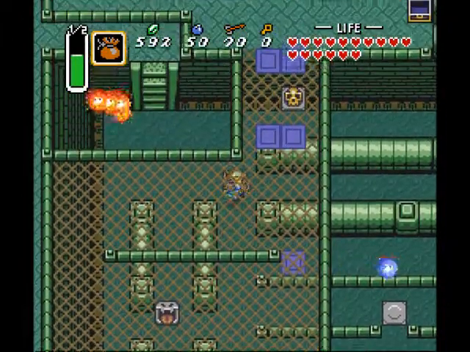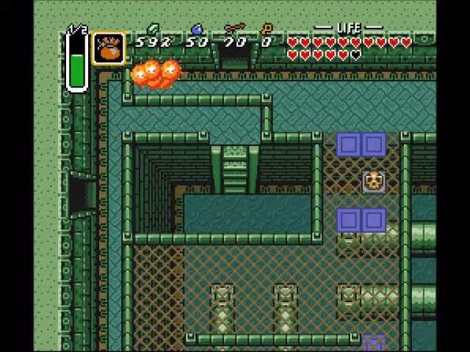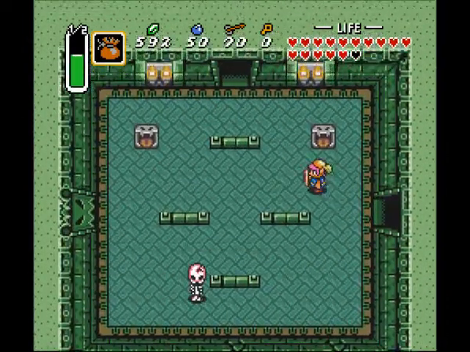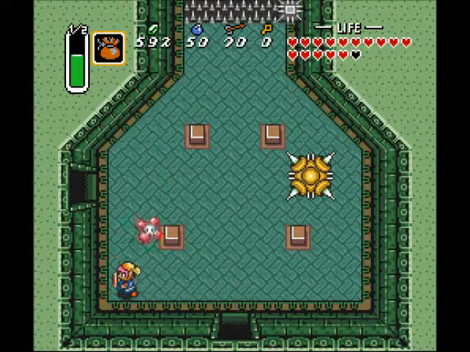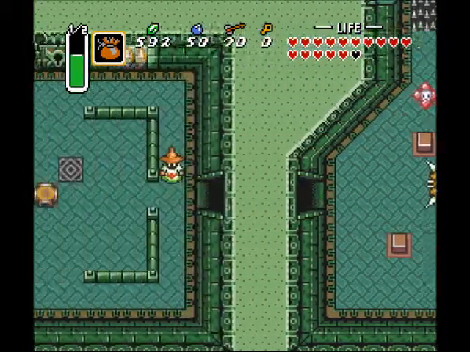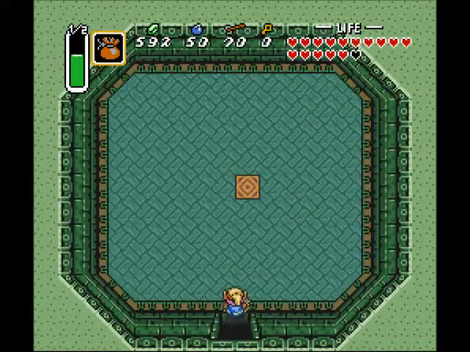And we're gonna have to use that later on in this dungeon, but regardless, we now have the Cane of Somaria, which is required to finish the dungeon altogether. So let's get that over with. Now we're over here again, let's open this door. And we're led to another warp,